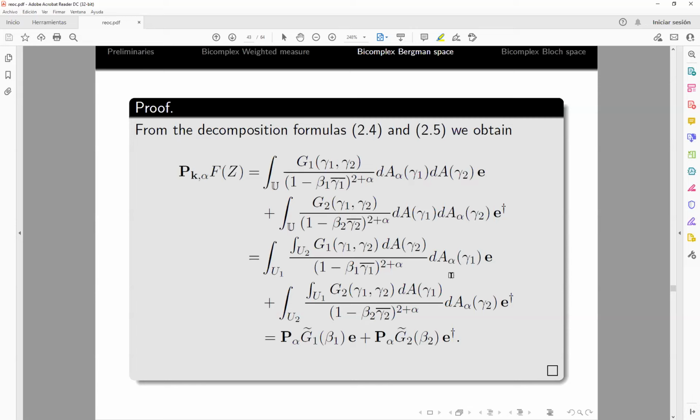And here is the usual weighted measure of the unit disk with this kernel, the usual Bergman kernel. By this reason, the factorization of the Bergman projection is like this. Here it is not G1, not G2. It's necessary to consider these integrals instead of G1 and G2, a little bit different from the expected